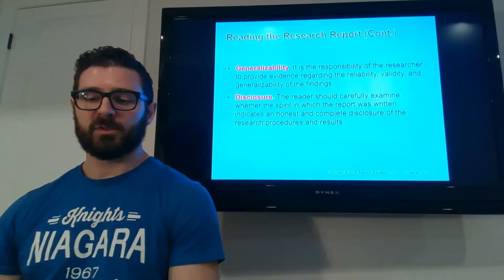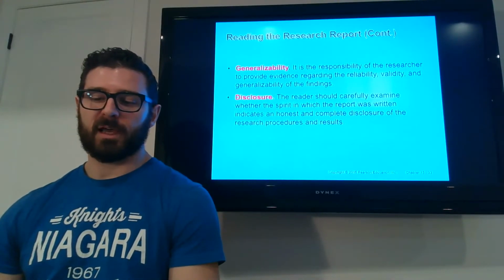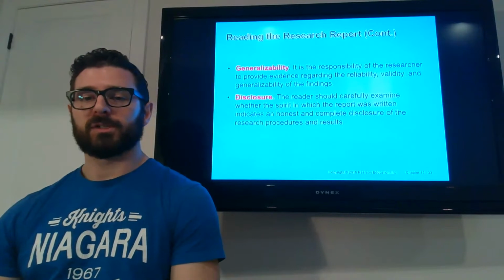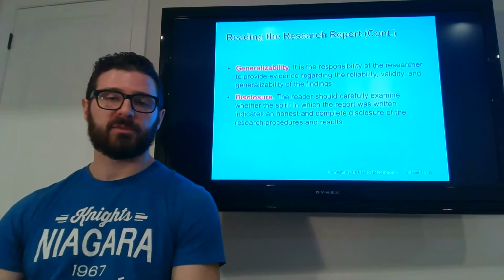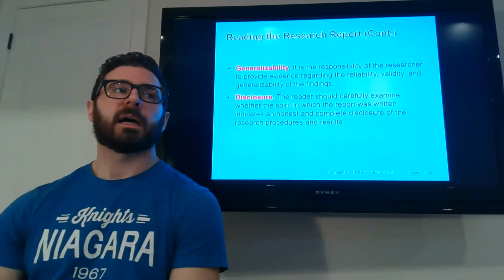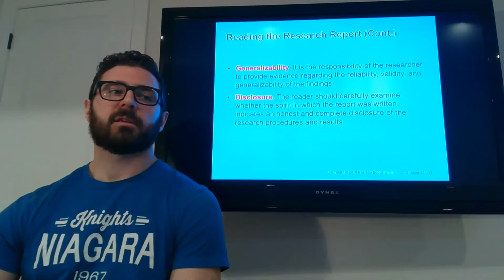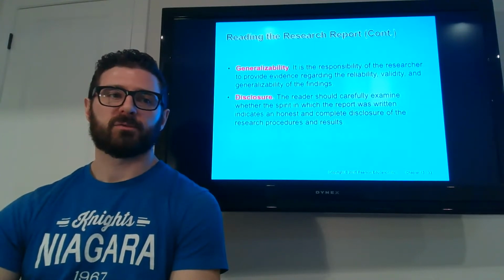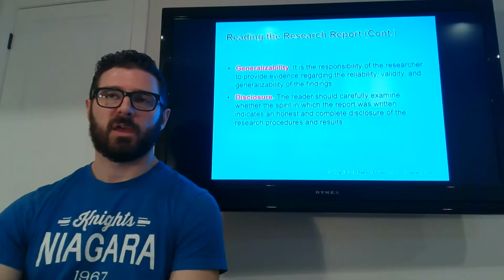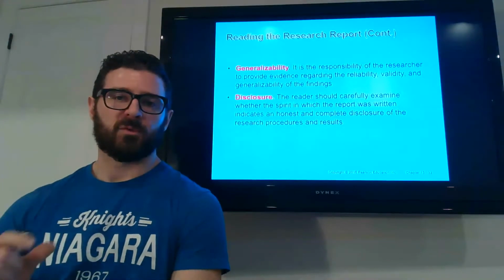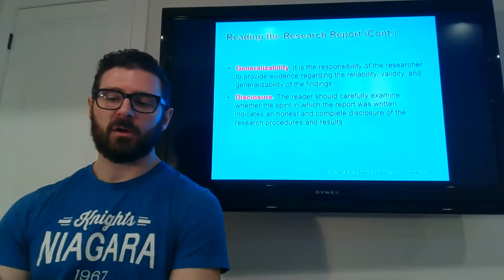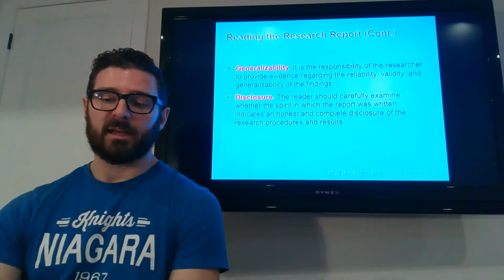Generalizability: it is the responsibility of the researcher to identify how much you can generalize this and how valid this stuff is. If the information that was researched and found in the conclusions were only applicable in a really narrow scenario, you should identify that.